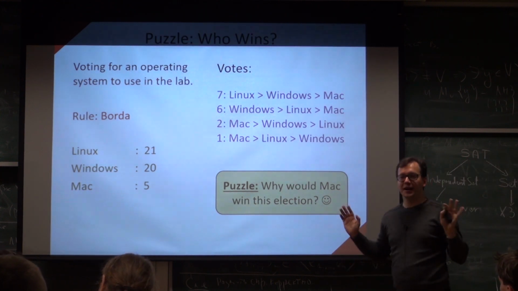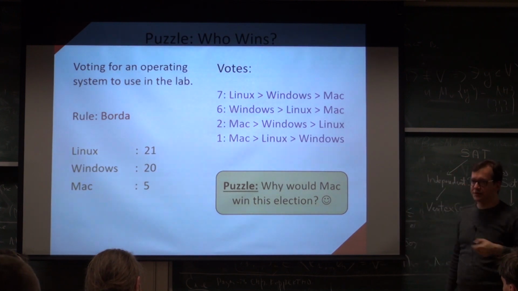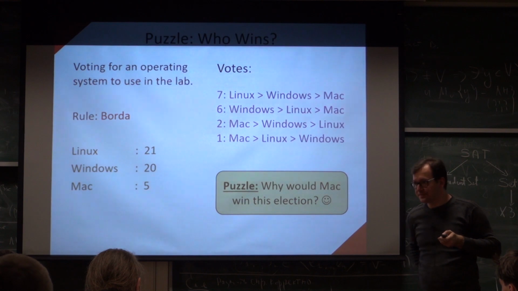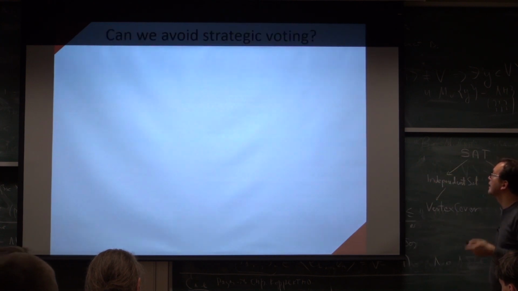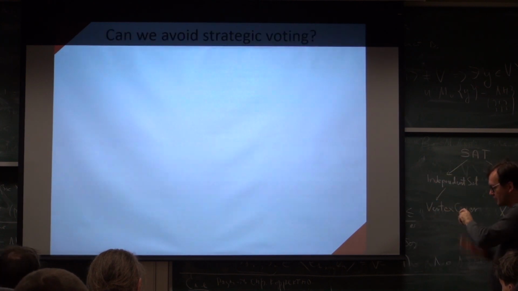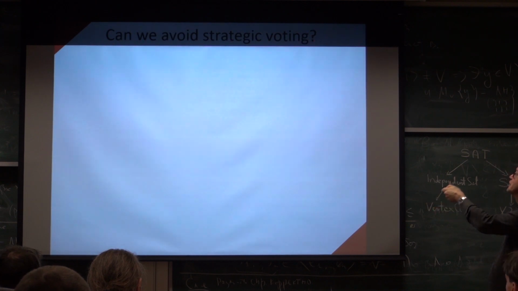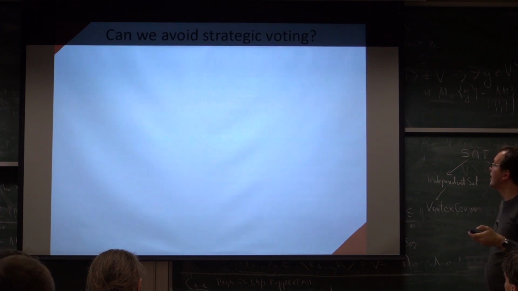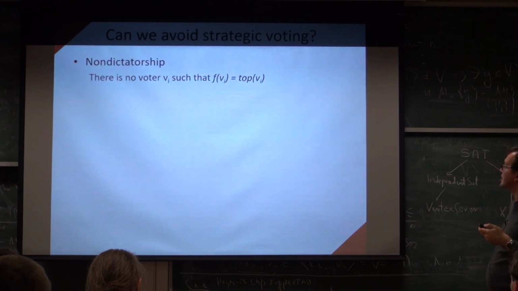So strategic voting like this is possible under this rule, and it can actually make the least popular candidate win. And the question that we will be answering after the break is, can we avoid such strategic voting? So to give away what we'll be proving is that if you want your rule to not be